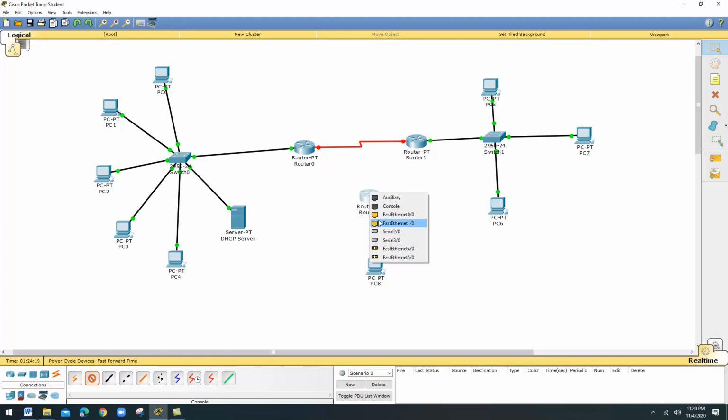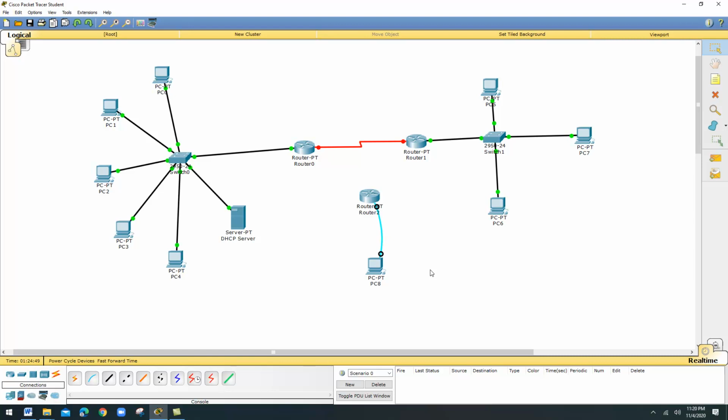Now I am going to connect it in the console port, because this is a console cable. It is just a normal RJ45 connector. Now the other end I am going to connect in the PC. In the PC I want to connect it in the RS232 interface. So I am just connecting it in the RS232 interface. Now we connected the router with a PC by using a console cable.